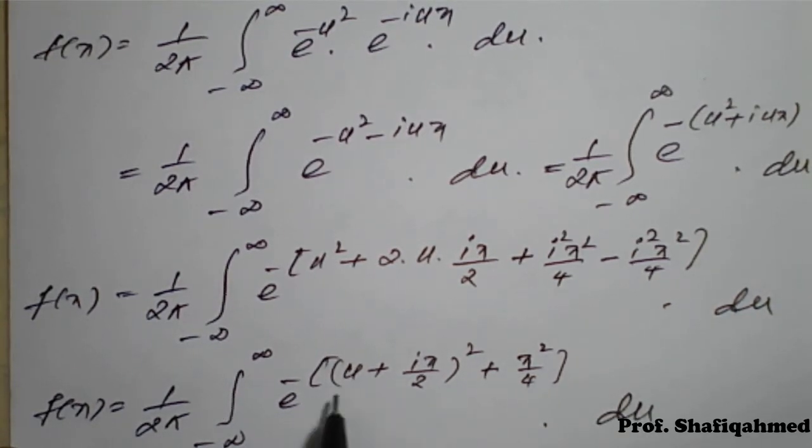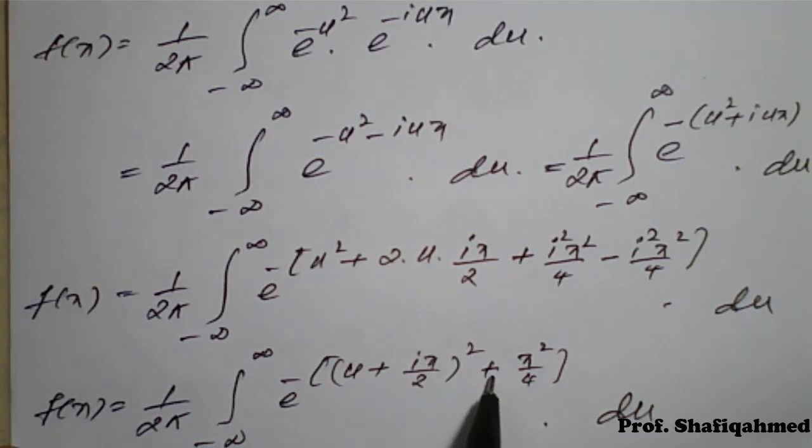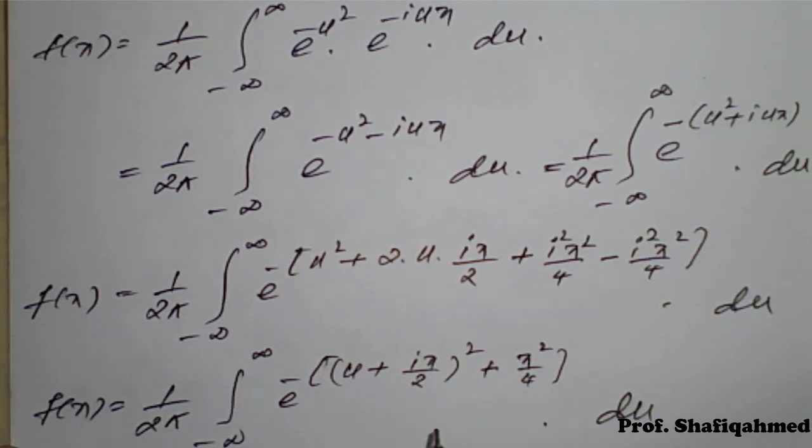So I will separate the powers. Minus times this one term I will separate, then minus into plus, it will become minus e raised to x square by 4. So e raised to minus times u plus ix upon 2 whole square I will separate as one function, into minus into plus will become minus, it will become x square upon 4. So therefore